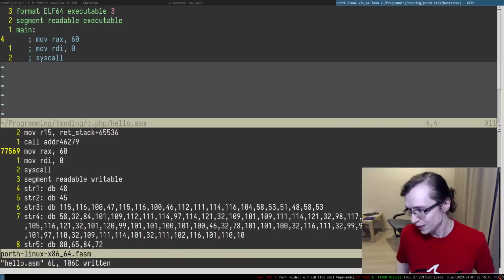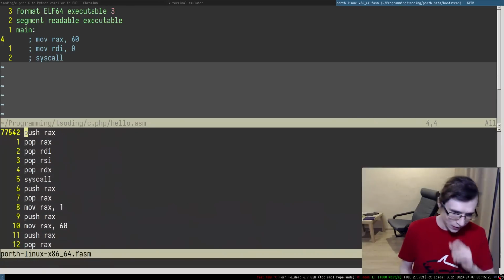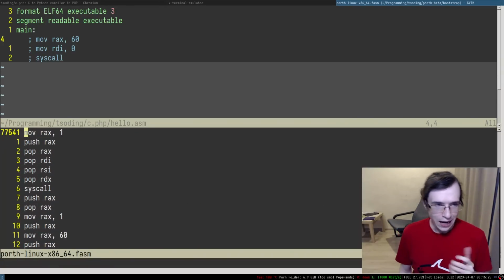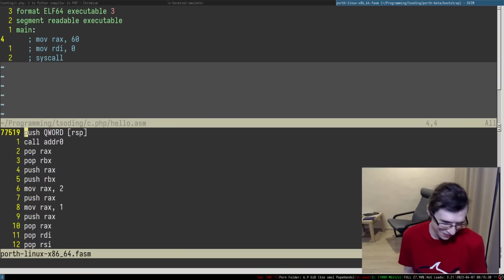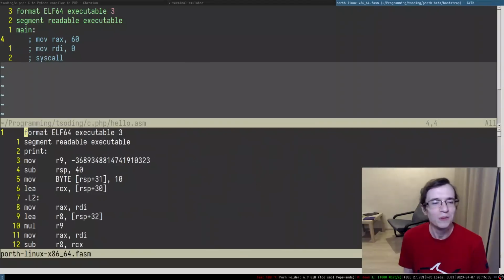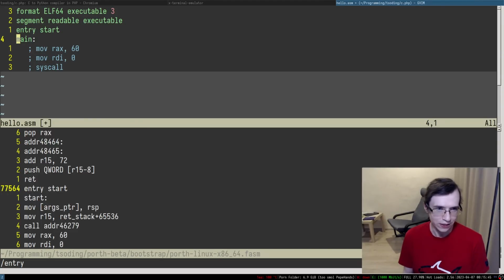With AI, we're kind of approaching the point when we cannot, but we'll see how it works out. Anyway, I don't remember where the entry point is. Oh yeah, apparently there is this special directive called entry start. It specifies where you start your program. So this is where you start.